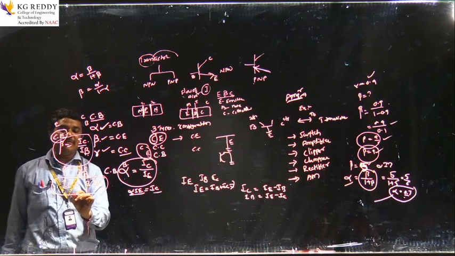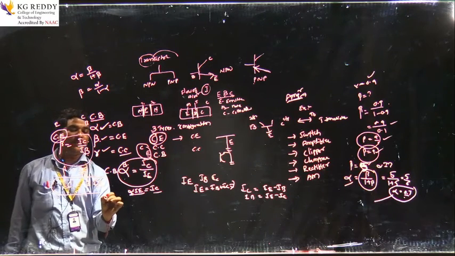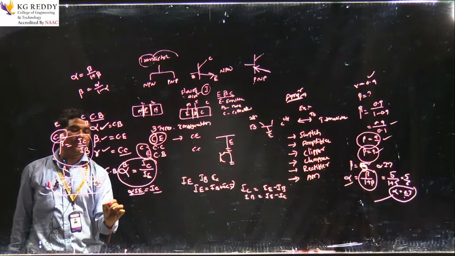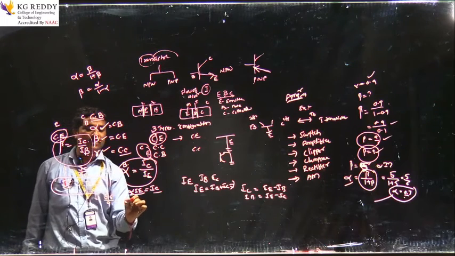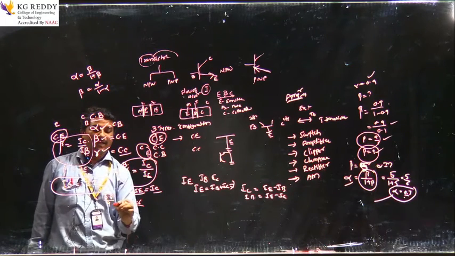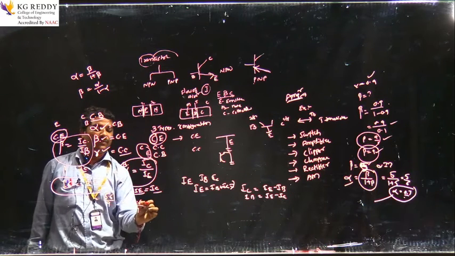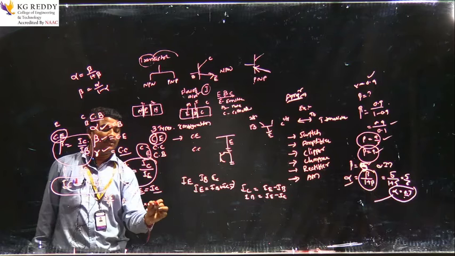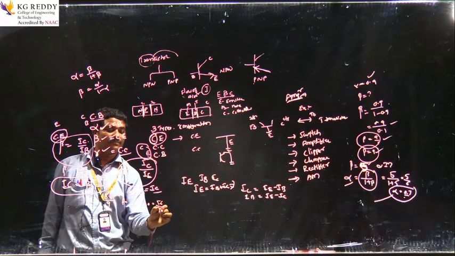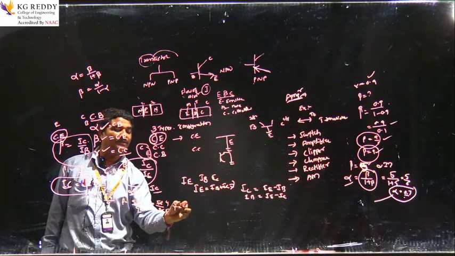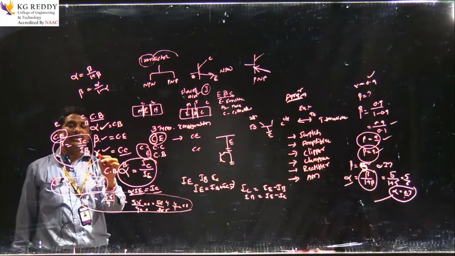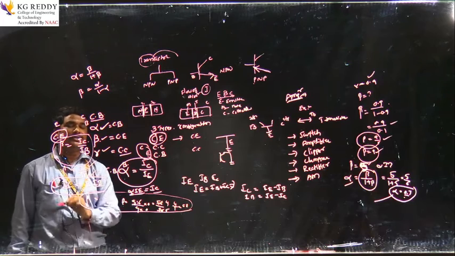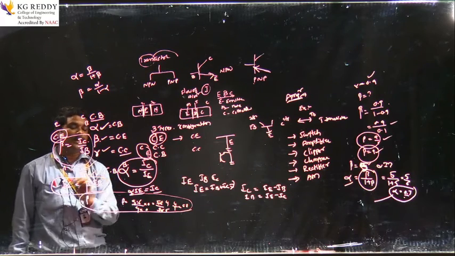Suppose IC value equal to 5.6 and IB value equal to 9, find out beta value. Beta equal to IC by IB, where IC value is given as 5.6 and IB value is given as 9. Multiply with 10, 56 by 90, which is approximately 0.8. This is the value of beta. When IC value is given and IB value is given, find out beta value. This is the relationship between beta, IC and IB.